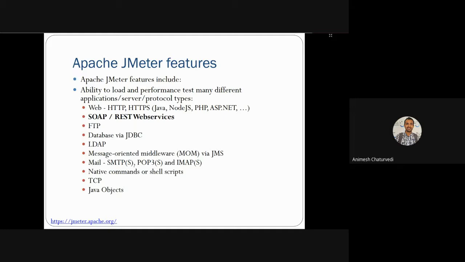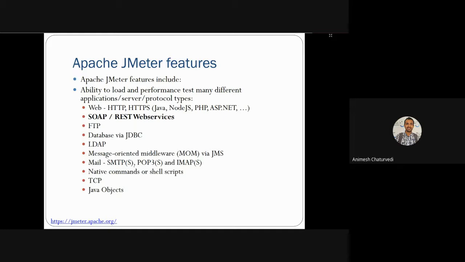There are many types of things that could be tested, ASP.NET over JMeter, FTP, database, JDBC, LDAP, message-oriented middleware, JMS, mailing, SMTP, POP3, IMAP, native command, shell script, TCP, Java object.